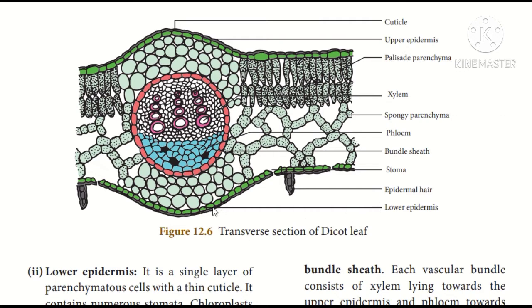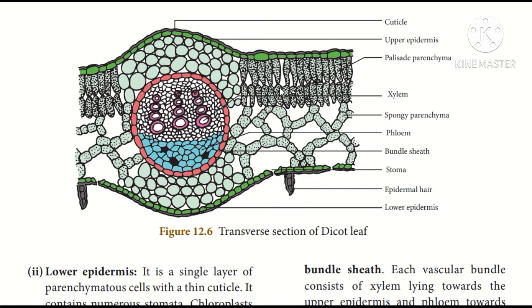And the chloroplasts are also present in the guard cells. The guard cells are curved cells that surround a stomata. The main important function of the lower epidermis is gas exchange, that is oxygen and carbon dioxide, and the loss of water vapor is facilitated through this chamber. These are the points that you have to keep in mind regarding the upper epidermis and the lower epidermis.